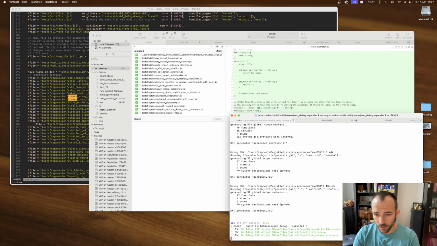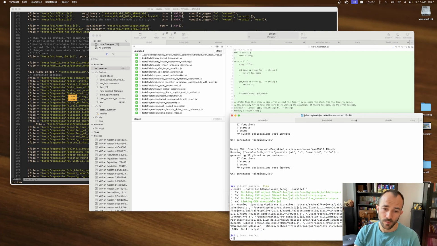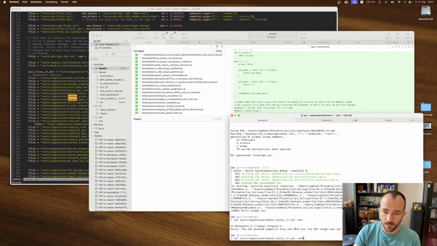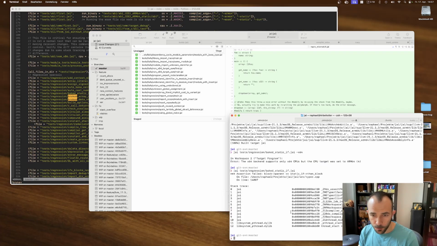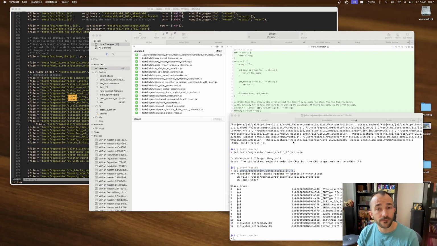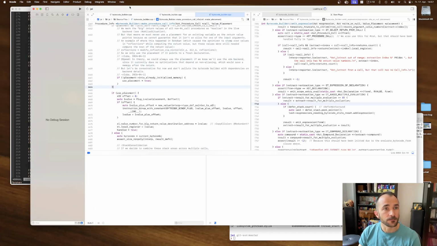We want the ARM debug compiler. So jai tests regression baked static if dot jai. Oh, my bad. Yep, fails. So let's start a debugger and see what's going on.